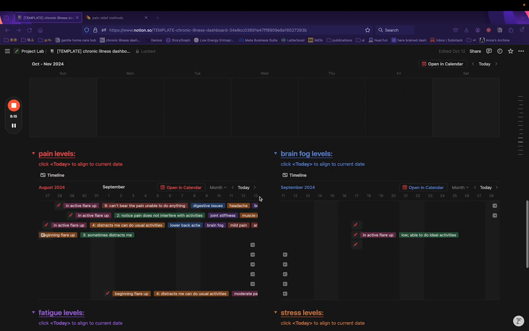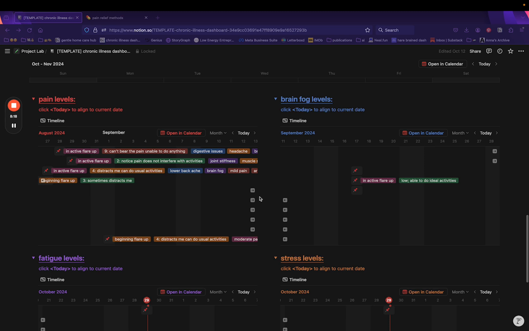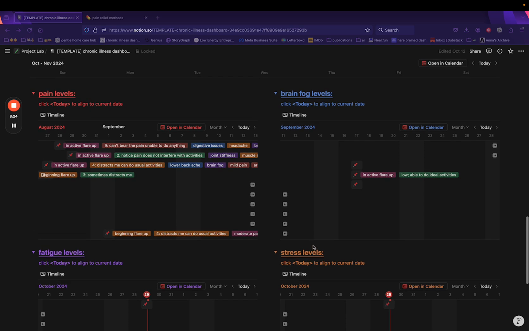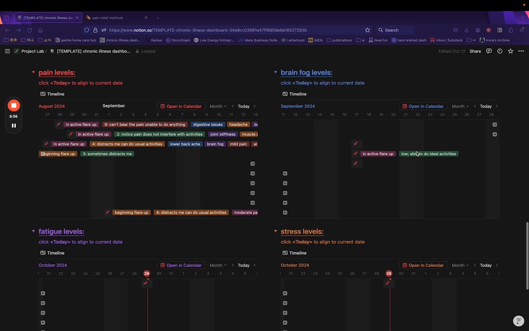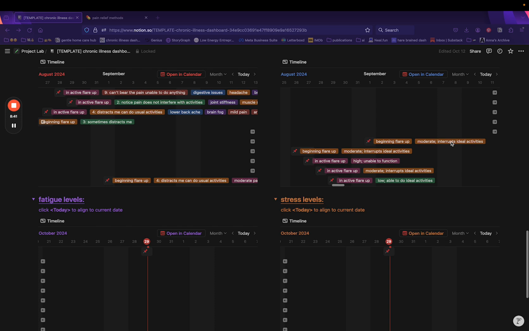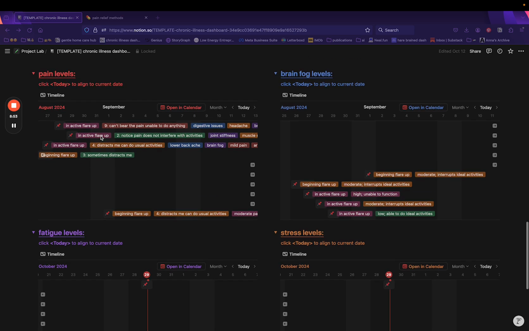Okay, one thing that I changed in the dashboard template is in the graphs at the bottom that show your pain levels, your brain fog levels, fatigue levels, and stress levels. Before, I didn't have it showing what flare-up stage you were in at that point. It was just showing, okay, you were having moderate brain fog or high brain fog, but it didn't show where, according to your pain or your illness flare up, you were. So I added that to each one of these,